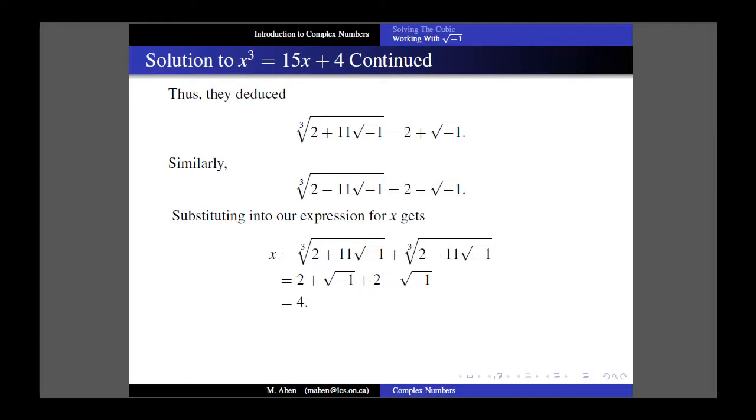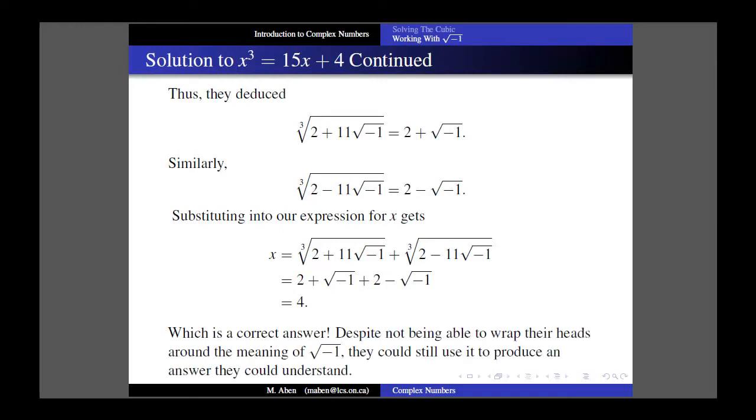So what to glean from all of this? Number one is the square root of -1. Just because we can't, at this stage, wrap our head around a physical interpretation of what exactly that means, that doesn't mean that it doesn't have any use. In this case, it came up as an intermediate step and eventually got us to our correct solution. So that's one of the things that Cardan noticed right away: number one, his answer is correct, and number two, the mathematics that he used